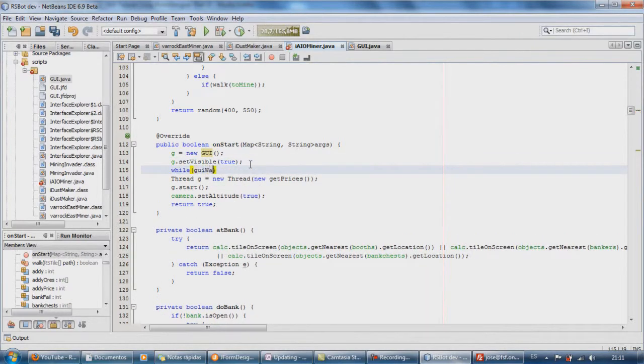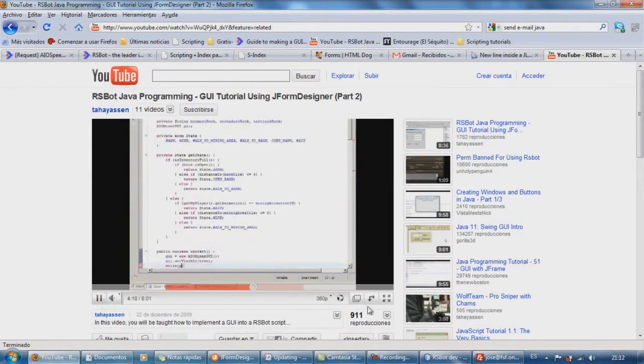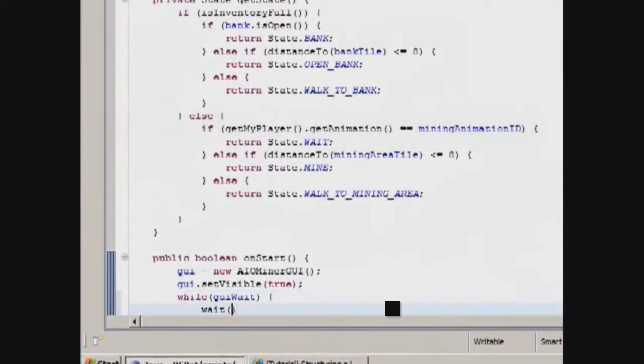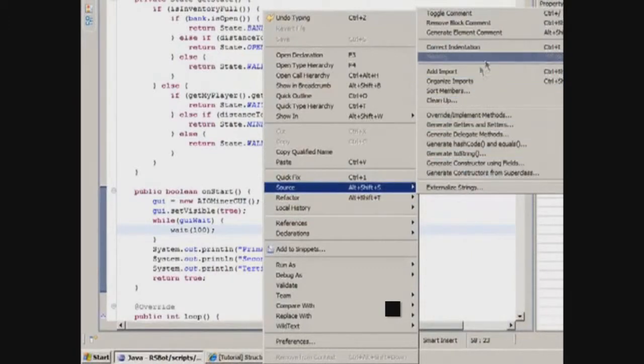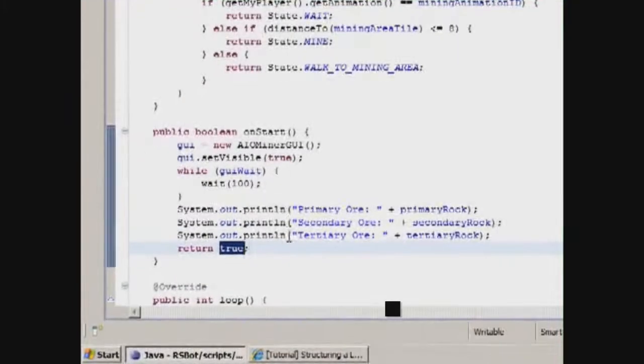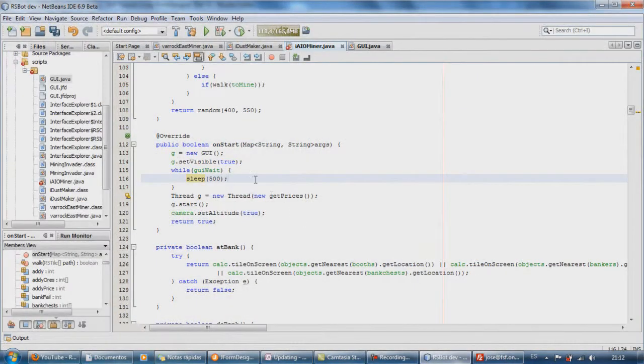While GUI waits, sleep 500. And then what else? And then he returns the inverse of the UI exit. So I suppose that depending